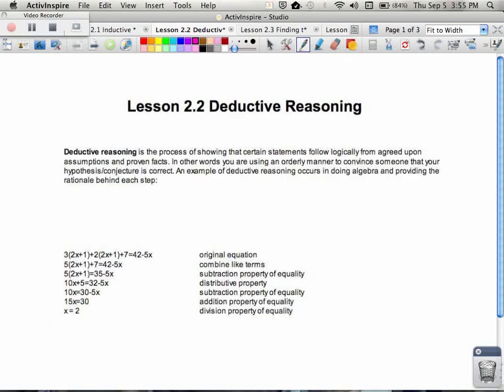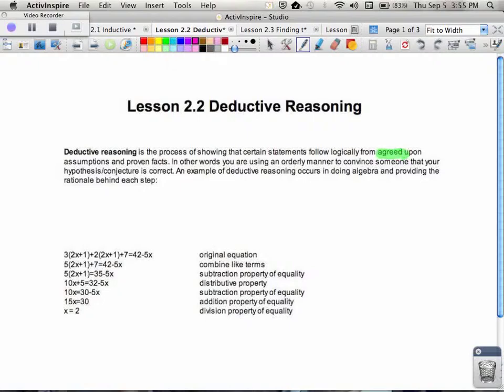In lesson 2.1, we talked about inductive reasoning, but in 2.2, we're going to talk about deductive reasoning. Now, deductive reasoning is a little bit different. It's oftentimes one of the things that we use in mathematics, as opposed to inductive, which is much more used in observational studies, which is much more scientific method. So deductive reasoning is the process of showing that certain statements follow logically from agreed upon assumptions. And so that's why this is more used in math